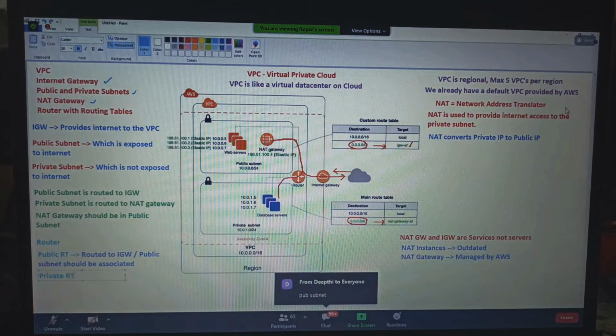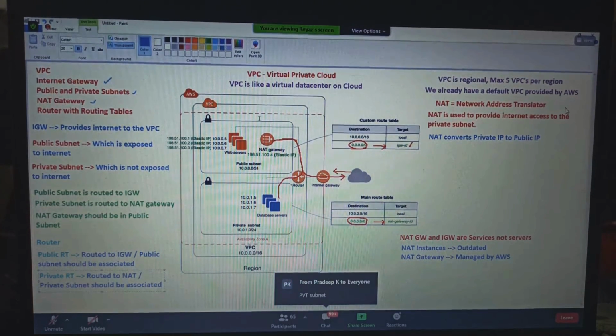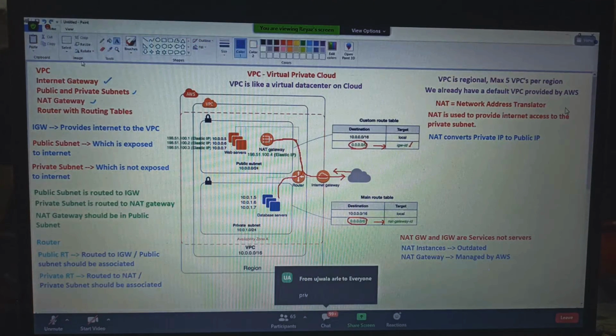Now tell me, private routing table should be routed to? Routed to NAT. And which subnet should be associated? Private subnet should be associated.